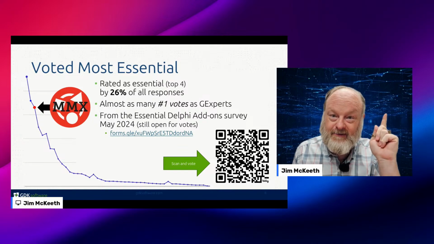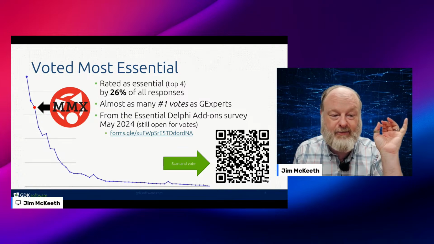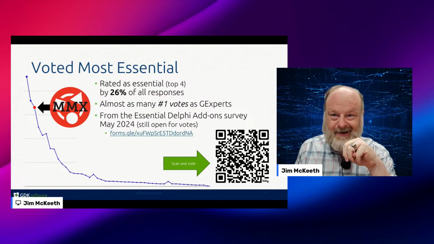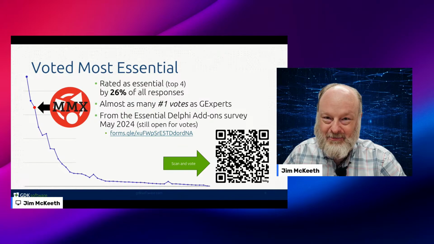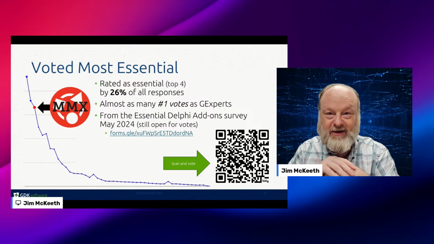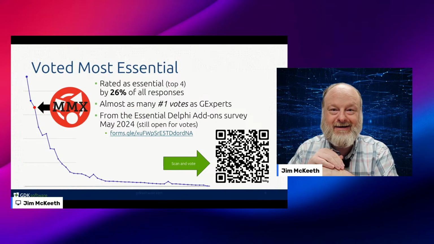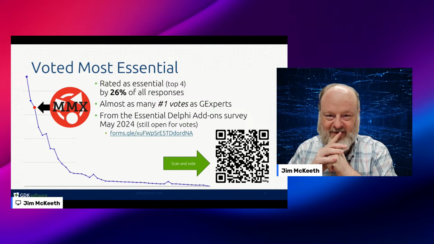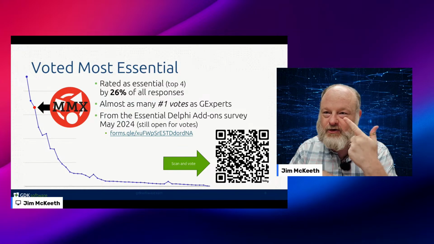The interesting thing is that 26% of the people that voted put MMX Code Explorer in their top 3. I asked a lot of people that I know personally who had not even heard of this, so this might be one of those hidden gems. I don't know how many people on here are familiar with MMX or not. If you're not familiar with it, this is a hidden gem. Prepare to be very excited. Go check it out. The other thing that was interesting is that most of the people that voted for FastMM put it in slot 2 or 3.